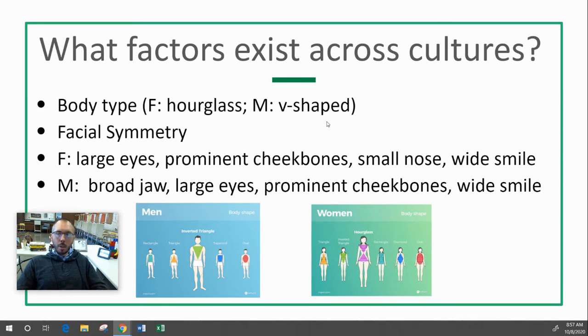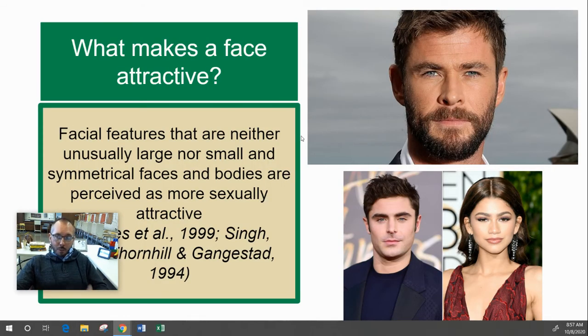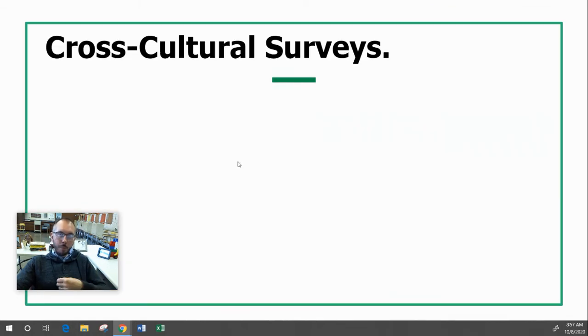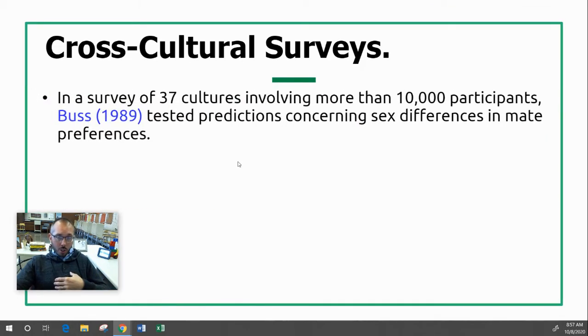I think the wide smile is probably like willingness to be social, so that makes the mating process easier. But these are all signs of reproductive health, and that would be an example of evolutionary psychology creating a baseline across the species that this is something that we find attractive in a mate. What makes a face attractive? It's that symmetry. Again, it's showing genetic health. Do we see this across cultures? Yes. 1989, 37 cultures